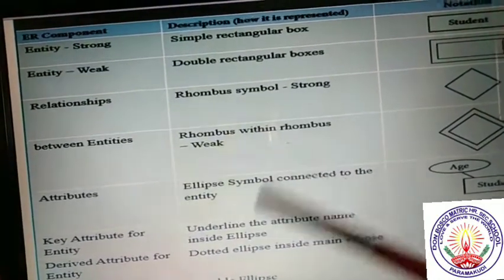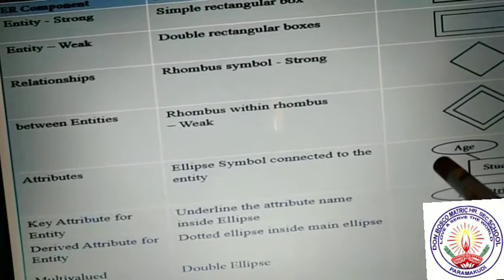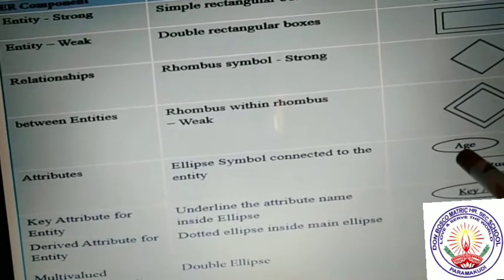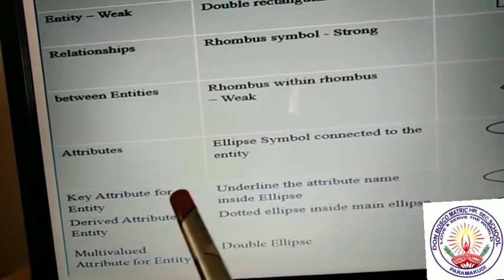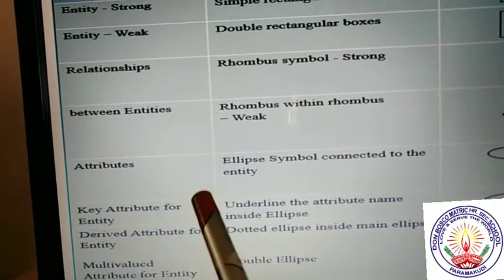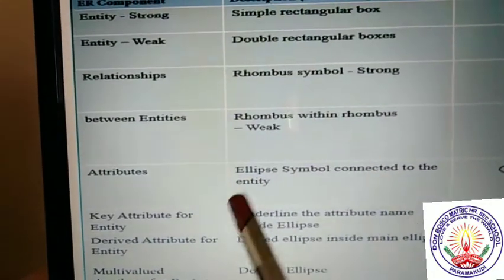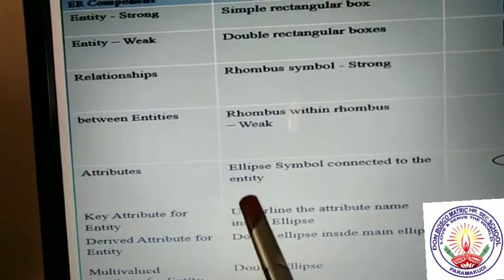And attributes, so attributes we have to declare with an ellipse. If you create the attributes, it is denoted by an ellipse symbol. In the attributes you learn the different types of keys, like single, multiple and simple value, composite key and all you know.